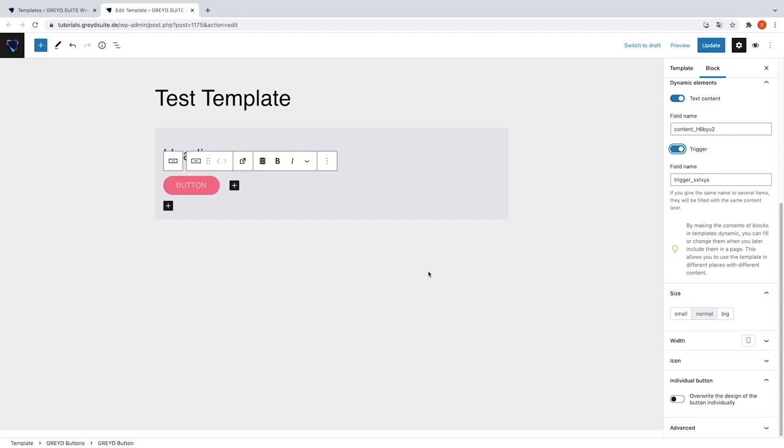That way you can, for example, also add lists to your templates and add as many list elements as you like without placeholders, and when using the template on a page, only as many list elements will be visible as the editor enters. So now let's have a look at how to use a dynamic template on a page.